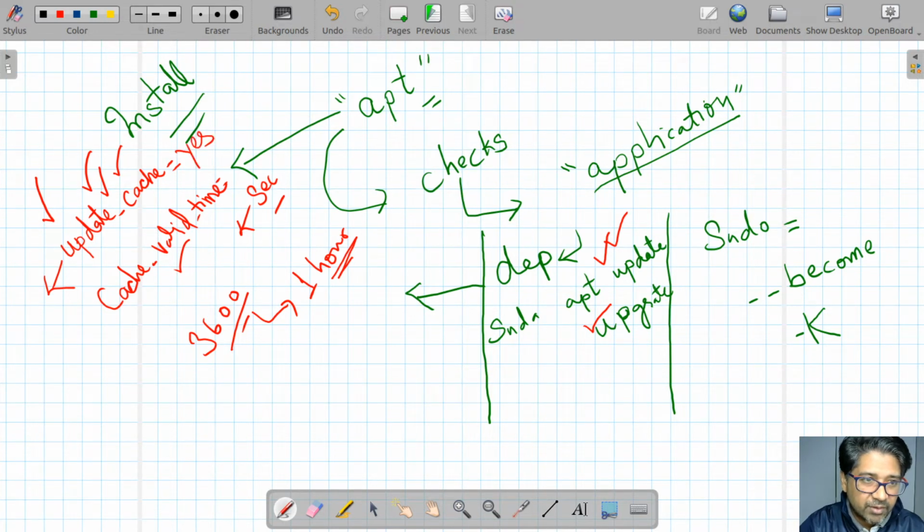Means we have to enable this, and you can enable this also, because it's going to help you again and again. No need to run. If it's 1 hour, within 1 hour it's already run, just bypass. Okay, clear guys? Today I'm going to take one example, one very small installation I'm going to do